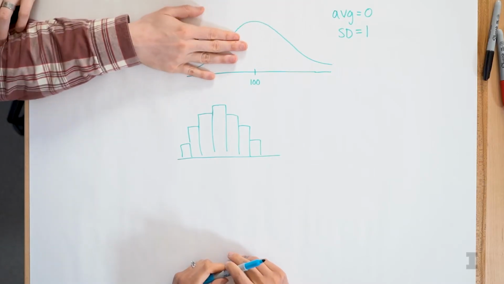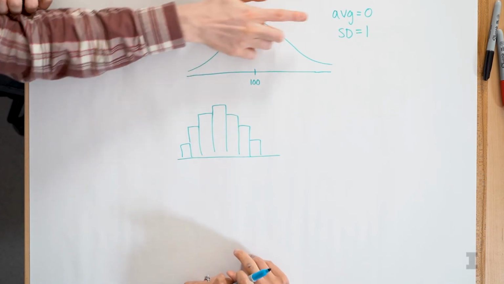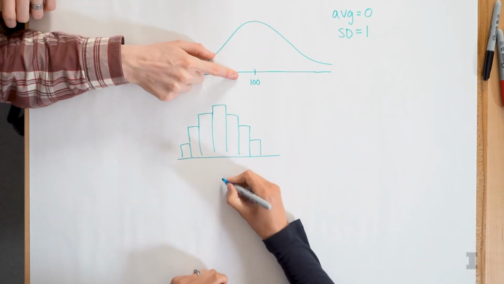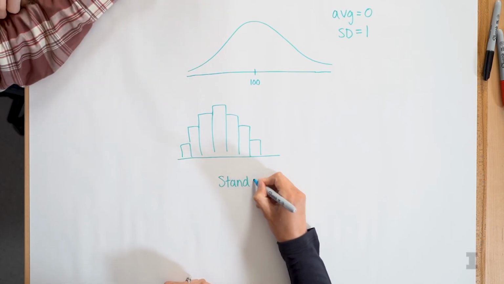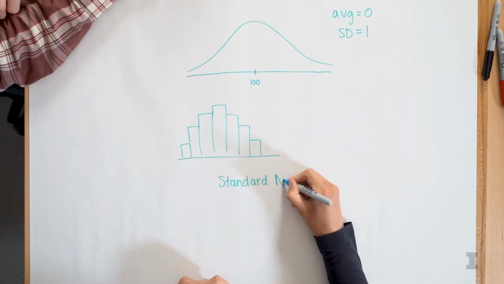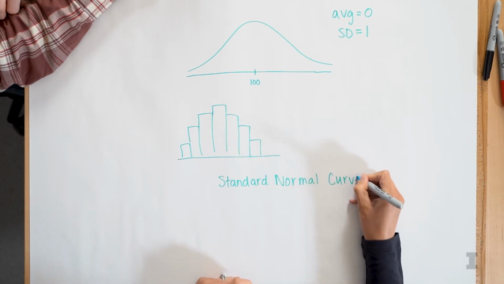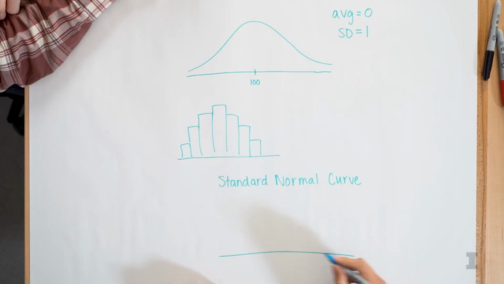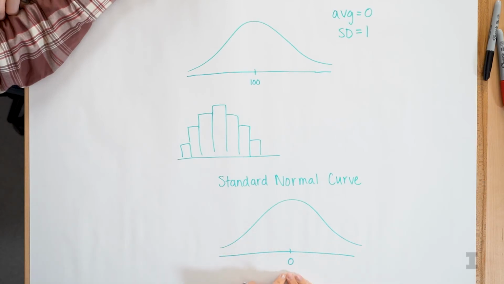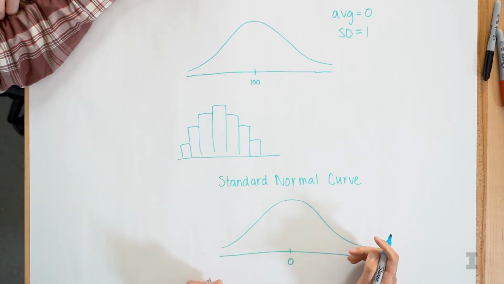So the average of the curve, is that going to be the center point? If we were to draw a standard normal curve, it would have a different center point, wouldn't it? Exactly. So the standard normal curve can be used for any data. No matter what the units are, we can always convert to standard units. The standard normal curve, we said, always has an average of 0 and an SD of 1. So I would need to figure out, as someone that's 5'10", how many standard deviations away from the average I am. And then I would mark that on the normal curve, and I could find the different areas.